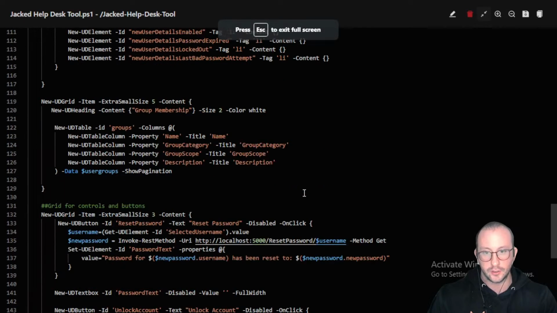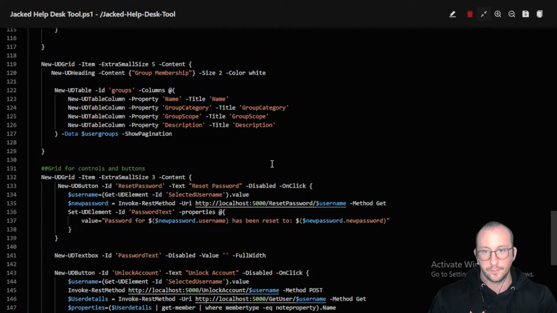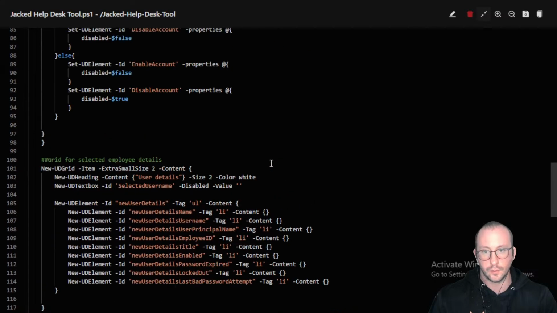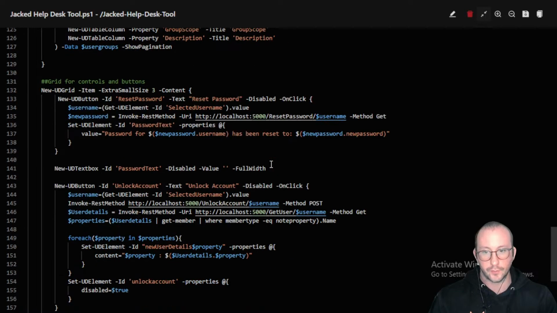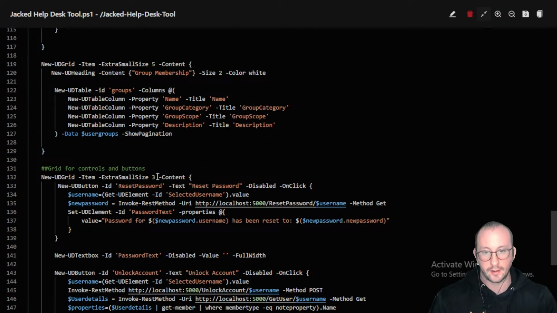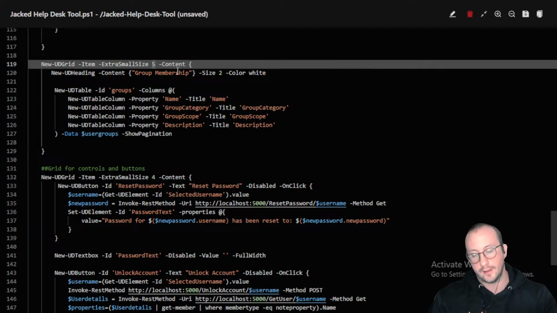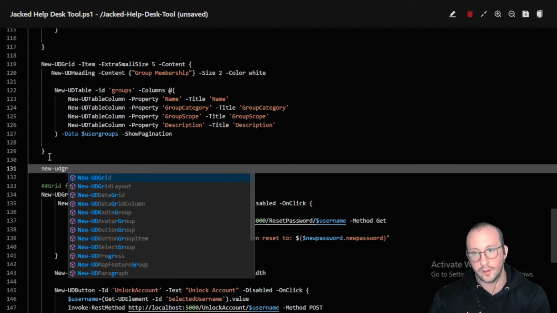So what we can actually do is, so we have our 10. So we have 2, 5. So we have 7. So we have 3. So we can actually do that as 4. Let's do that as, actually let's do that as 5. That is 4. All we're going to do here is actually just do a new UD grid